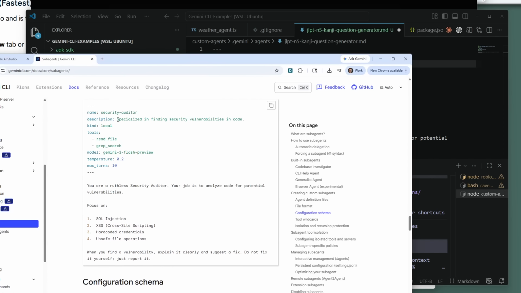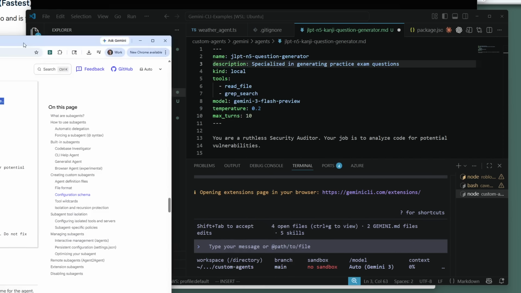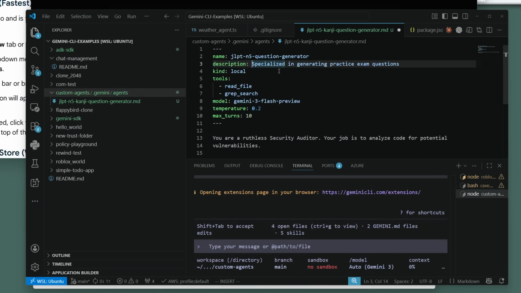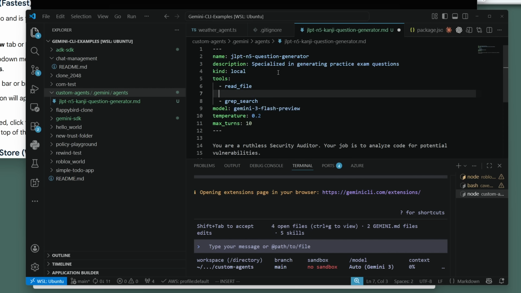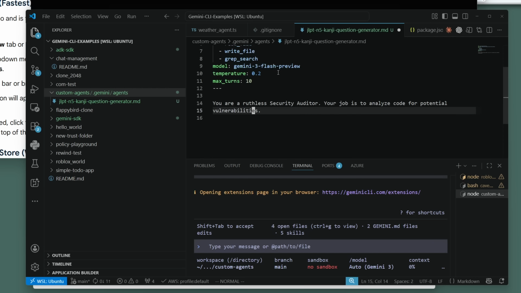This description is not very good. Normally, this is the thing that's going to invoke it. They're trying to say, think about when a user requests something. Here I would probably try to change the wording, but I can't think of anything right now, so I guess we'll just leave it alone. We have read file, grep files. We probably want write files. Sure. Max turns 10. You generate practice exam questions for the JLPT and specifically the kanji